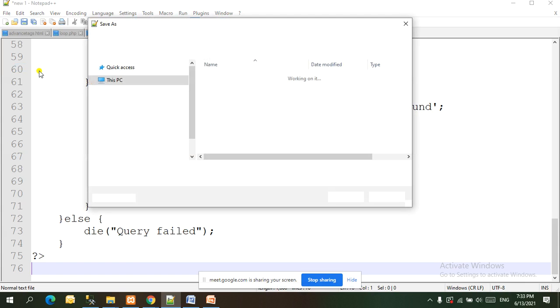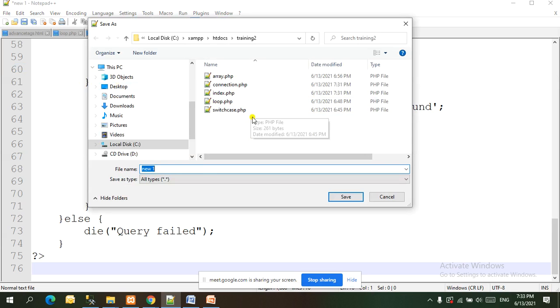When we do Save As, by default it will come like that. If I was changing that page, its type was already there, but here the type is not there. So here I am going to name it login_exec.php. I hope this is the name.